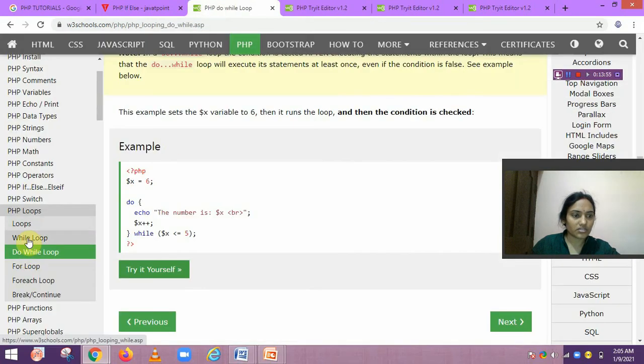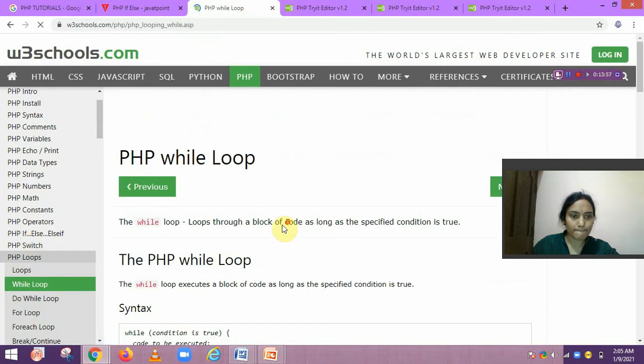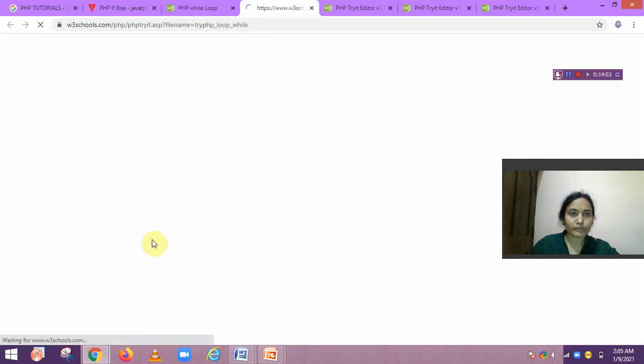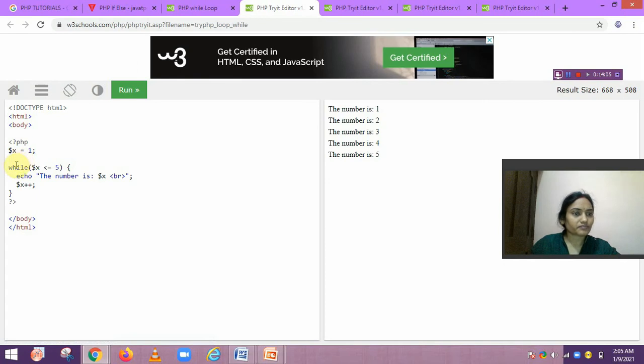And another one is there also in the while loop. Here I will print 1 to 5. Okay, first we declare $x equals 1, while $x less than or equal to 5, then the number is printed. Okay, then the increment $x plus plus. Okay, in this way it will print 1 to 5. So in this way we run all these things in the online editor.